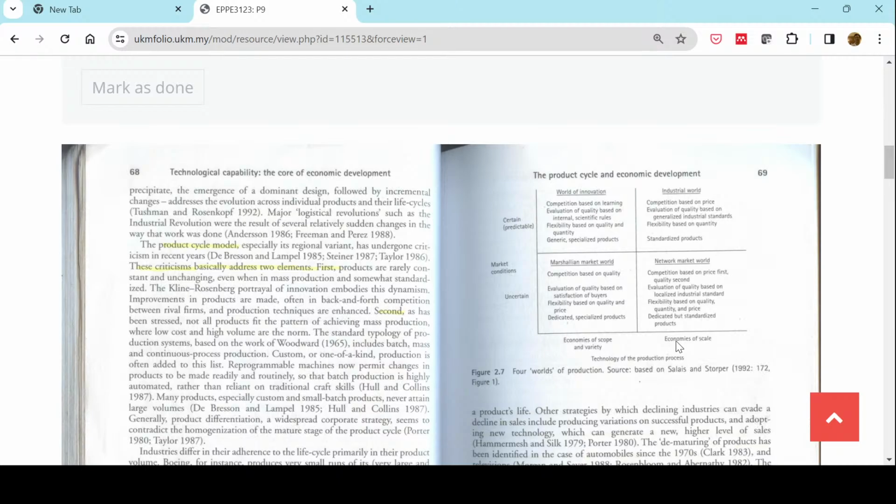So the products are standardized, like TV, radio. Everyone basically knows how to make. Every country actually basically knows how to make a TV, how to make radio,